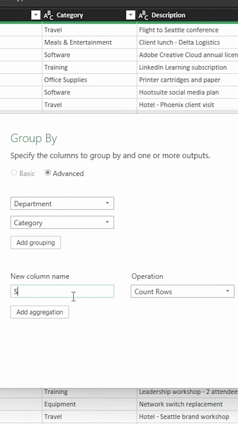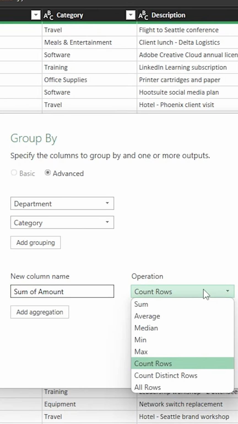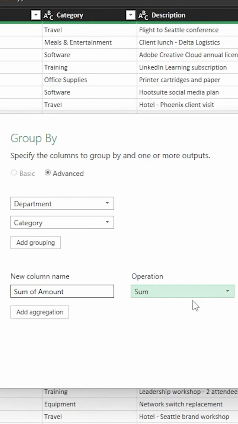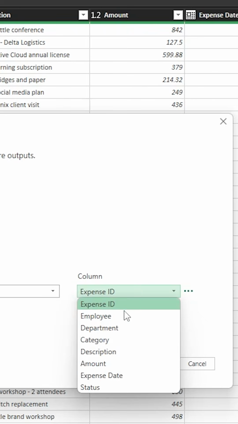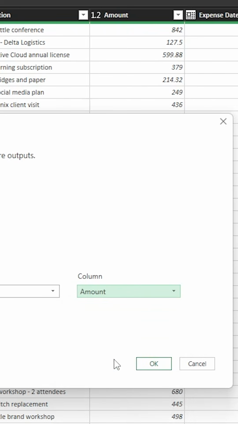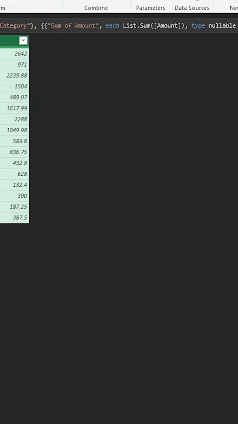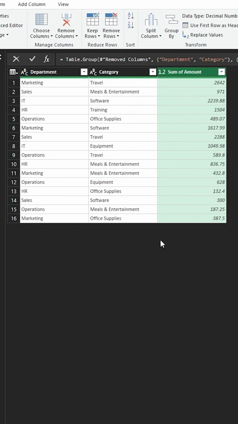Next, I'll update the column name, then change the operation to sum. This will sum the amount that I'm interested in. Finally, we'll point the operation at the amount column. That's the value that's being summed across every group we just defined. And now we have our columns grouped similar to the pivot table, but unfortunately we're missing the subtotal and grand